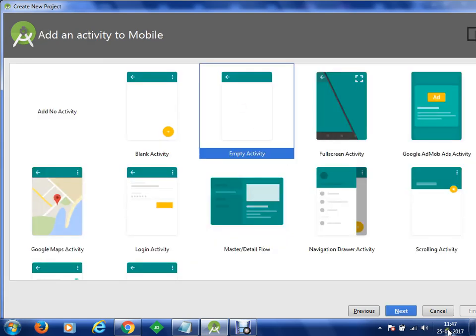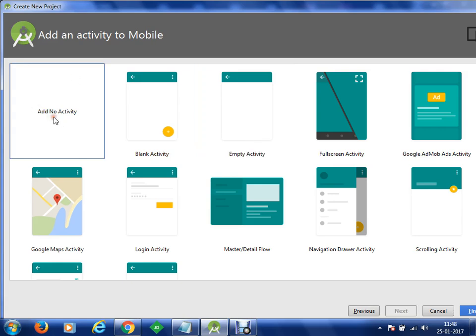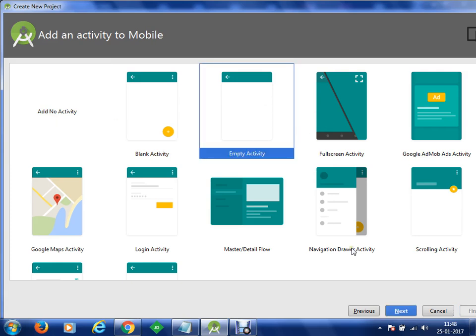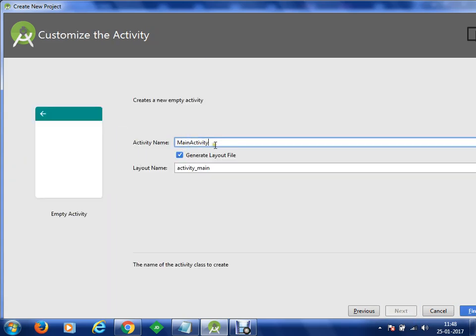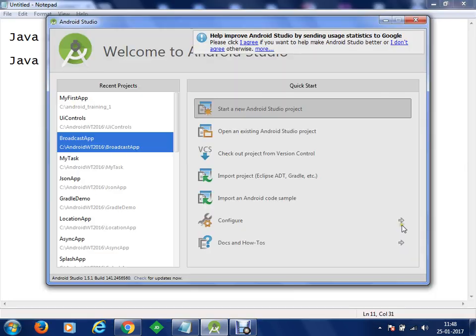I'm going to take an empty activity at the moment, but since we are going to design everything in Java, I don't need to create this activity as well. Because I just need a Java file and I'm going to create my layout there. So I can get started with no activity also. But no issues, we'll understand the difference. So we'll get started with empty activity. Name of the empty activity will be main activity and layout file will be activity_main. Let's finish.